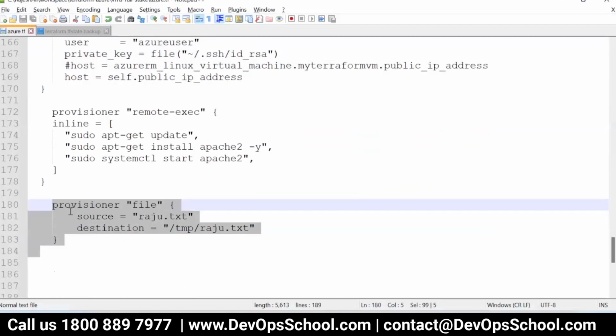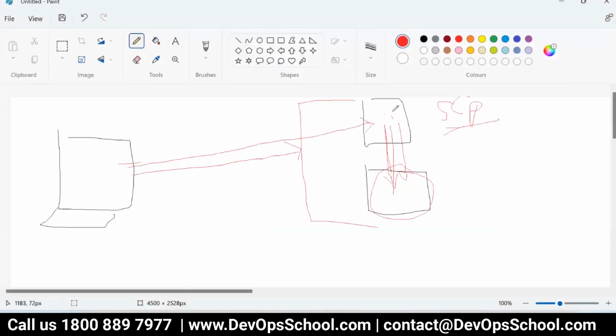Using the file provisioner, you can copy this file, and from here you can use the SSH key to this machine. Got it? Okay, you mean the SSH key? If I use the SSH key, then copy to the destination. Yeah, that's an odd way to do that, but again, it's not a secure method. We need to discuss a little bit more to find security actually.